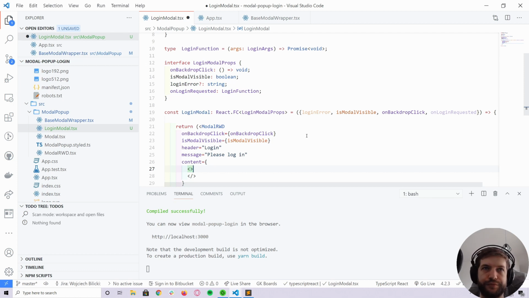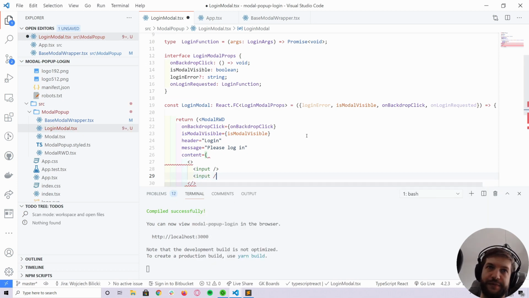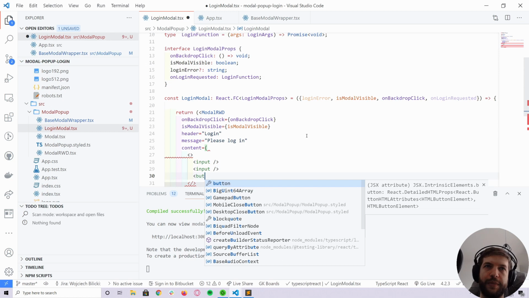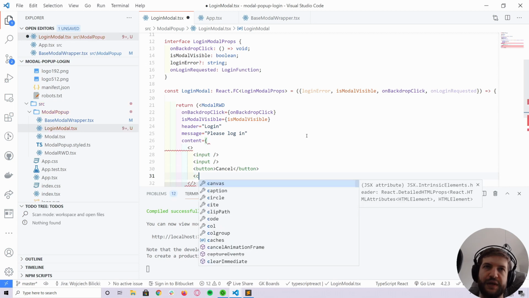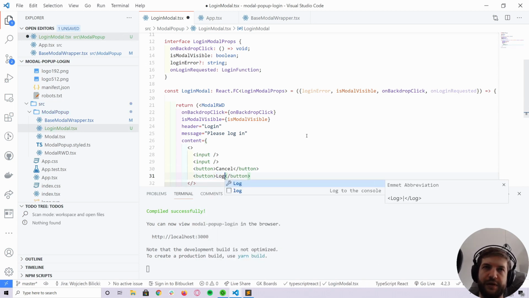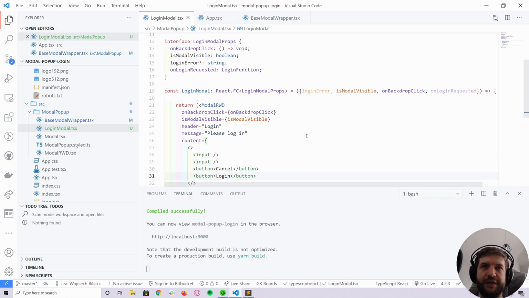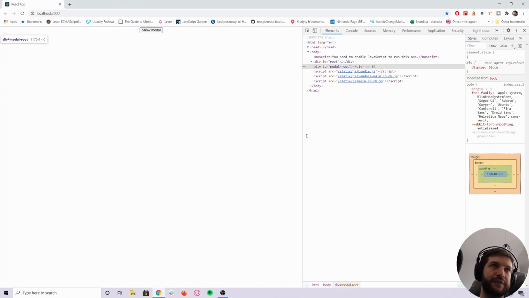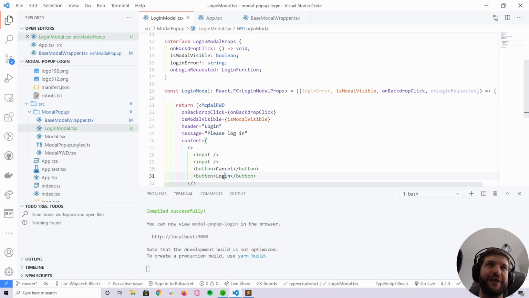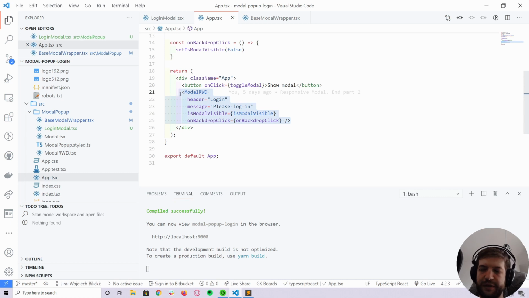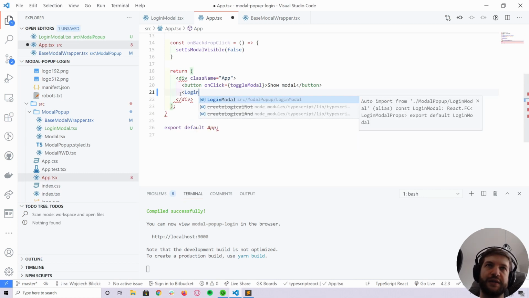Okay, so we need an input, can be self-enclosing. We need another input, and then we need two buttons. Gonna be cancel, and then another button is login. Okay, let's see how that looks. It doesn't, because we're not rendering that. So let's go to the app.tsx, get rid of that, and let's render the login modal,